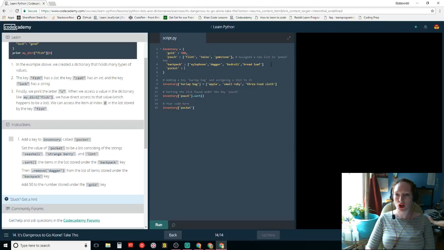Add a key to inventory called Pocket. Set the value of Pocket to be a list consisting of the strings seashell, strange berry, and lint. There's no spaces in there, I don't think.